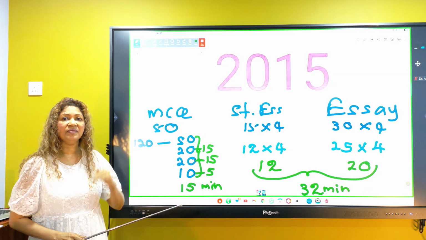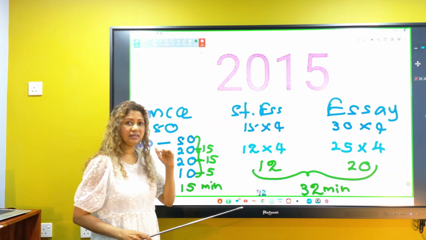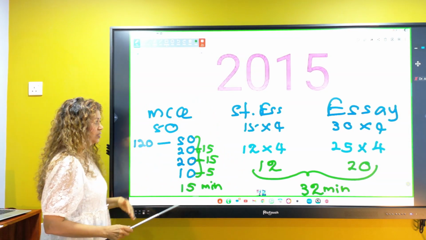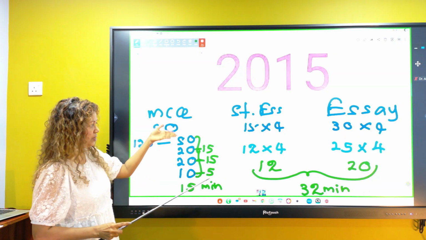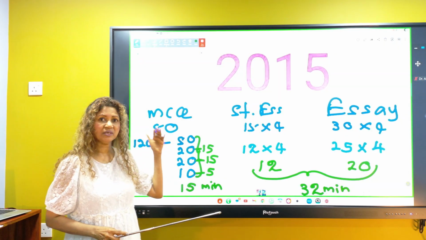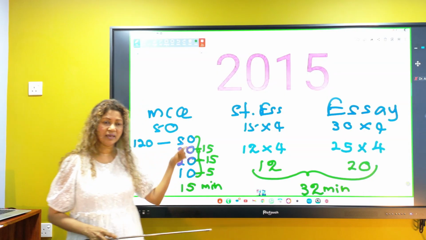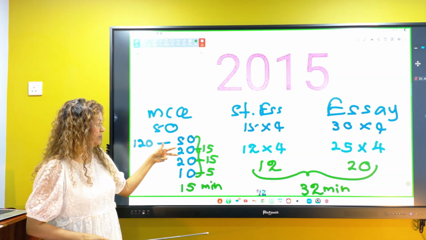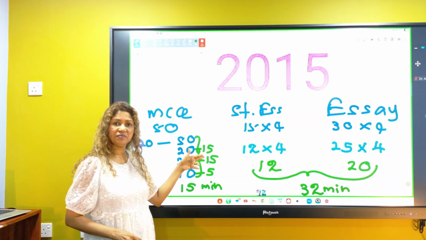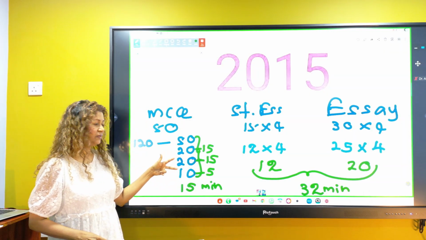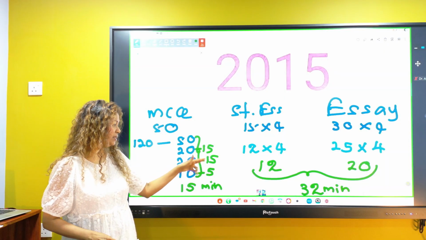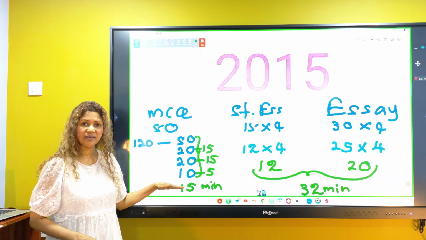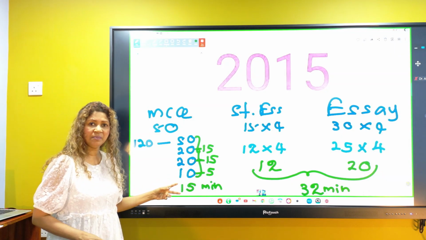Now you are going with time stress. You are experiencing time stress. Maybe you can control the first 50 minutes. If you can control that first 50, do control it. If you can squeeze 5 minutes from it, that's fine. Then make the second round 20 minutes down to 15 minutes, and the third round 20 minutes down to 15 minutes. Squeeze the 10 minutes to 5 minutes, so that you can have 15 minutes remaining.